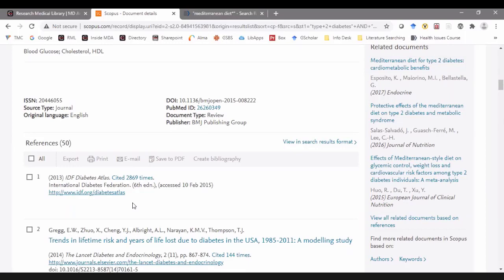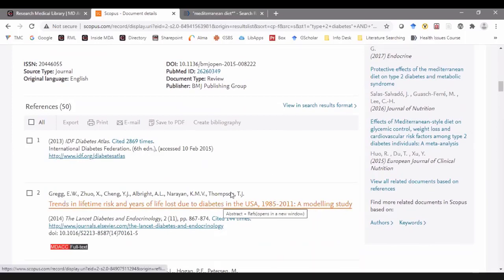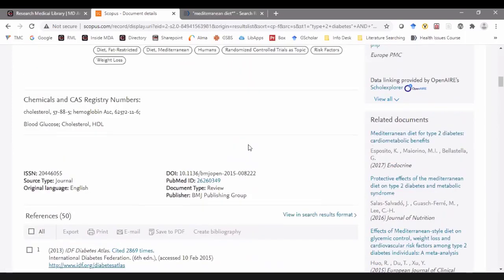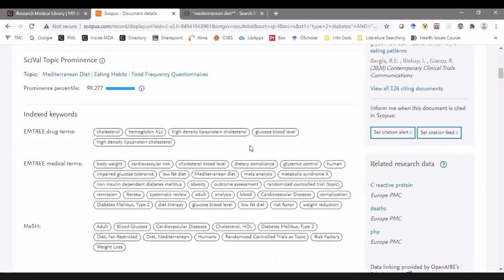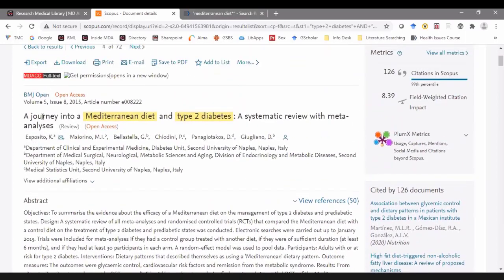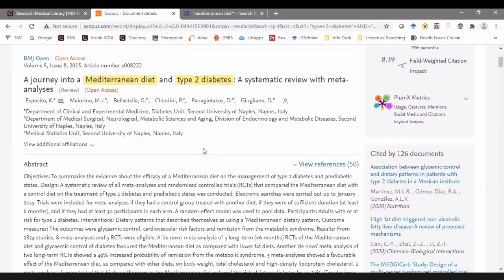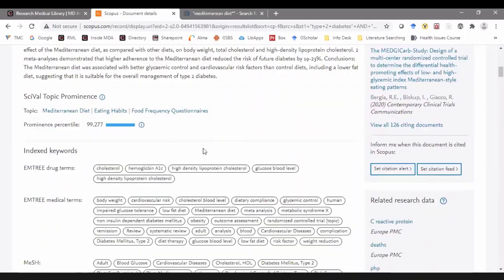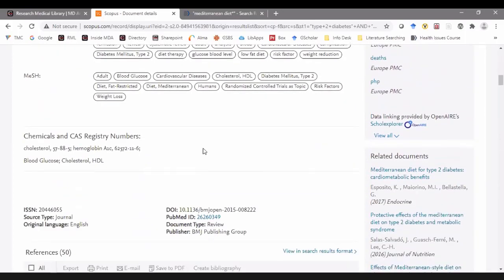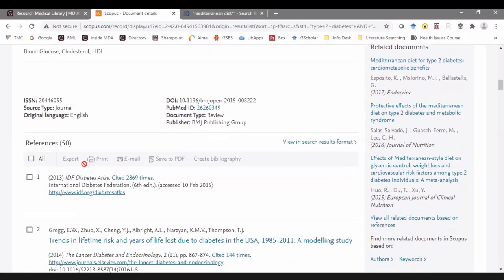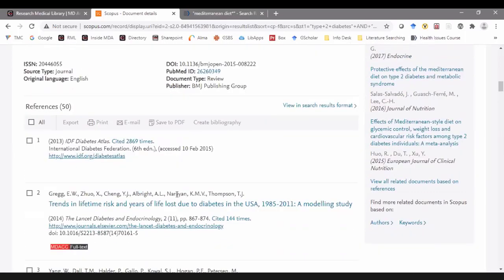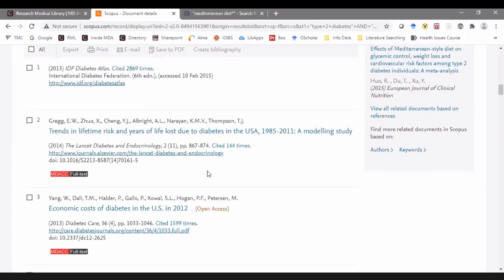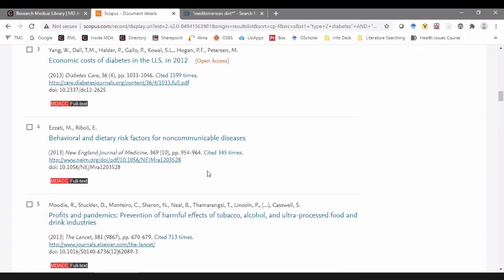Citation chaining, or what I like to call backwards citation searching, which means you're looking at the references that were cited in this article. So if we say this particular article, A Journey into Mediterranean Diet and Type 2 Diabetes, this systematic review and meta-analysis, this is really excellent. We want to use this. A real quick way to find additional literature that might be relevant is to scroll down and look at the references that it cited. Now, not all of these might be interesting, but there might be a fair amount that